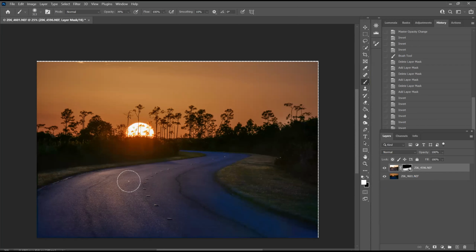What I'm doing is I'm not painting any color on this road. I am painting out a mask. I am just making that black mask over here white, or a different shade of gray than black. And what that's doing is bringing out all the things that are in this top image. So if I want to make this road more like that first image with all the yellow in it, I just keep painting on it. So it's a little bit whiter.